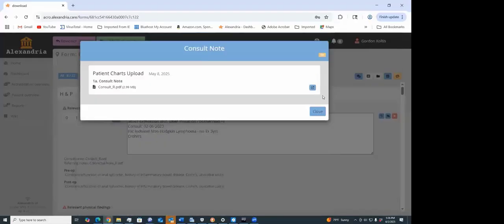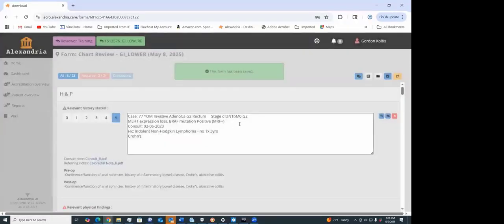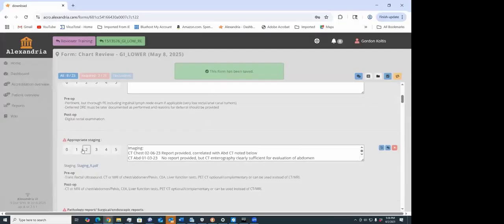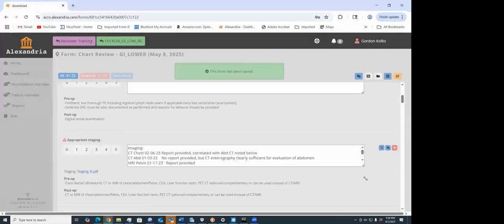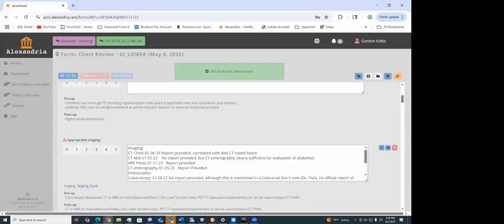Again, I like opening the document here so it opens in a separate window and pull that window to the side because then I can see the consult note, read the PDF, and enter my comments at the same time. I put in comments right from the very beginning. The first thing I do when I go to a chart is to populate it. I put in the case so that in case I have to leave doing this review and come back to it, I know that this is a case I'm looking at the stage. And these are references that I'll use to come back to that help me with subsequent categories that I'm going to be using. We'll come back down here, for example, to